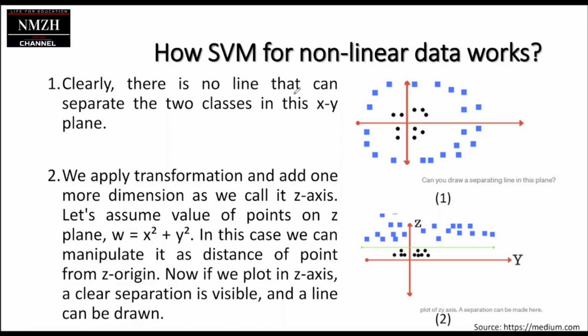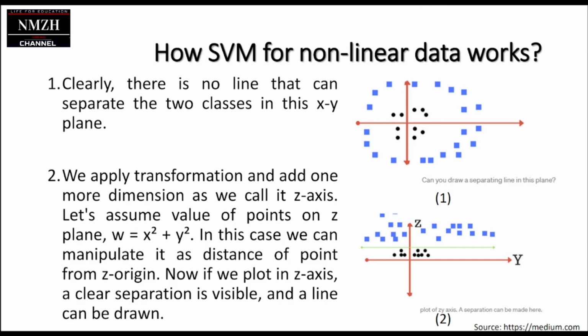So there is no line that can separate the two classes in X, Y. Let's say I would give you this line. It is impossible, this line or this line or that line, right? So each of the four lines is basically impossible for this particular data. So then the idea is when we